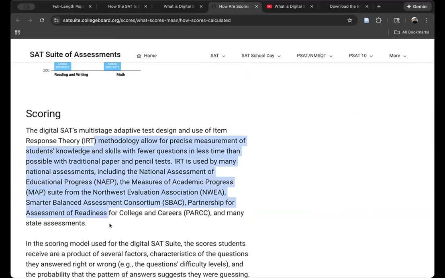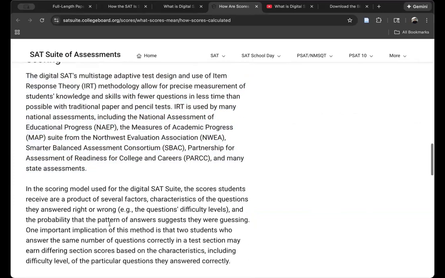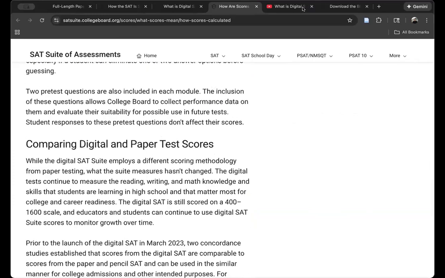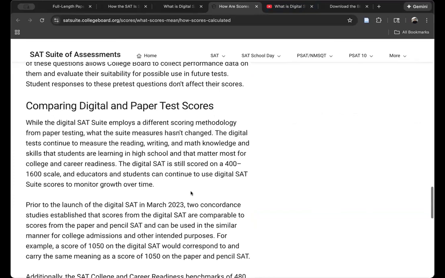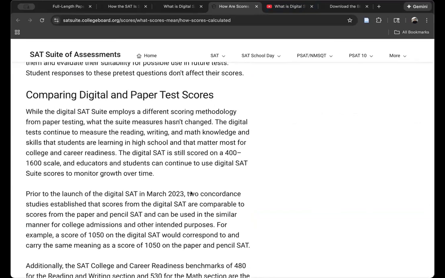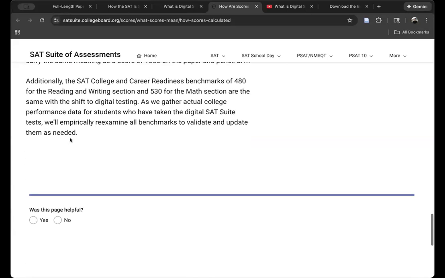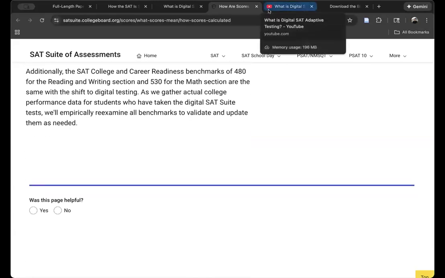And this type of methodology is validated by national organizations, by research, etc. And it does not cause a significant difference compared to previous data from paper test scores. So this is a very well validated tool and technique. So I just want to calm down a lot of students and parents' fear that this is going to harm their child or their applicant's